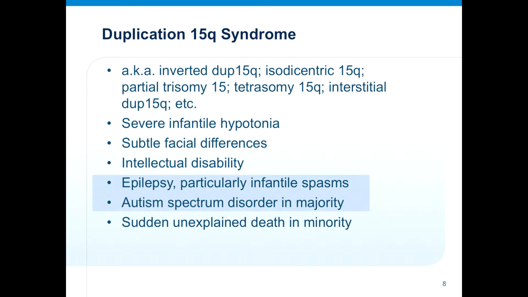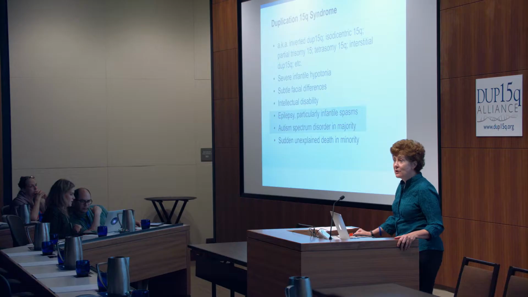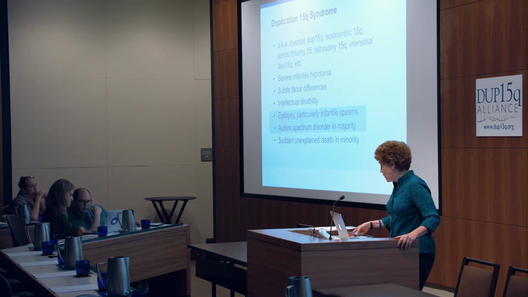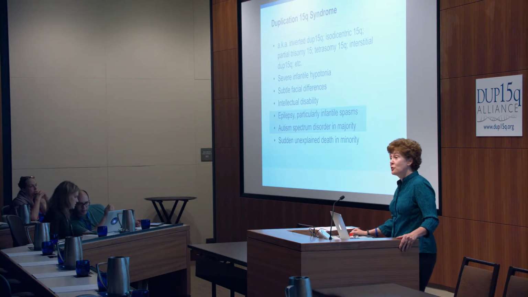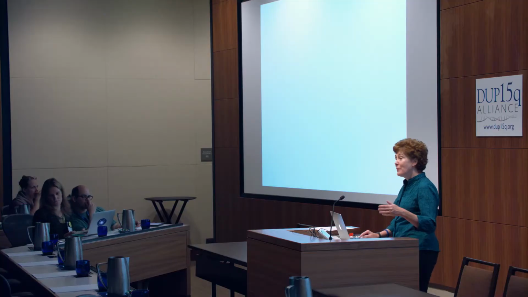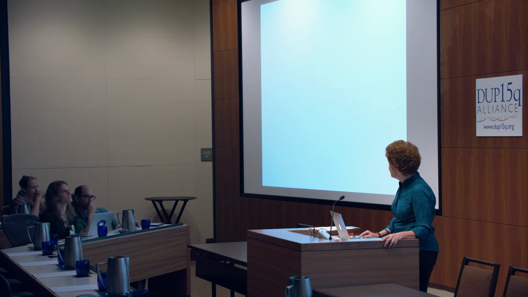Autism spectrum, of course. Many people are working on the genetic underpinnings of autism spectrum disorder. As it turns out, in clinical samples in the laboratory sent for an indication of autism spectrum disorder, the most common copy number variant they find is this one, the DUP15Q. So this is a big player. We know that there are genes involved that cause changes in neuronal function that result in the behaviors that we see that we call autism. So if we learn about DUP15Q, we may learn quite a bit about autism in general.